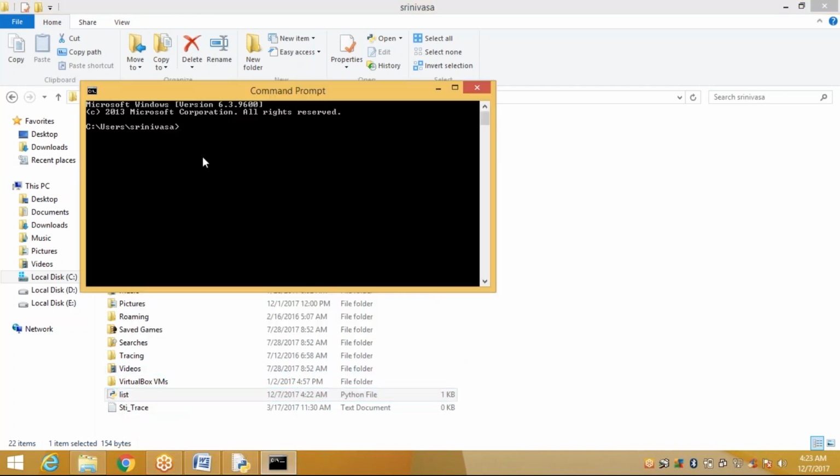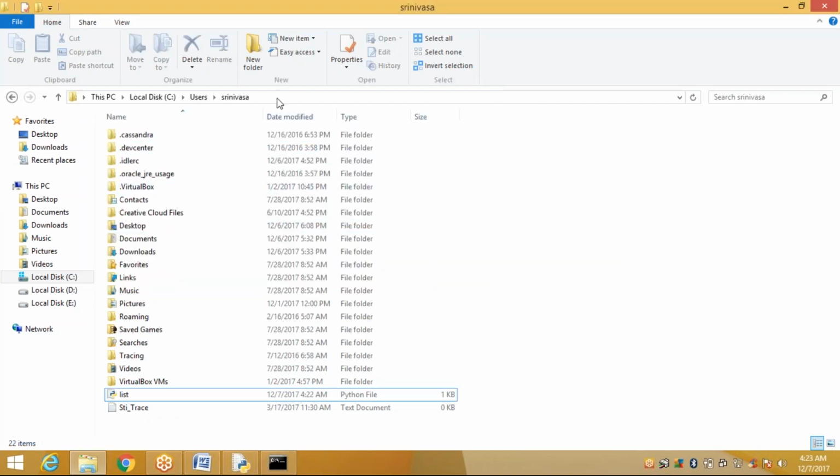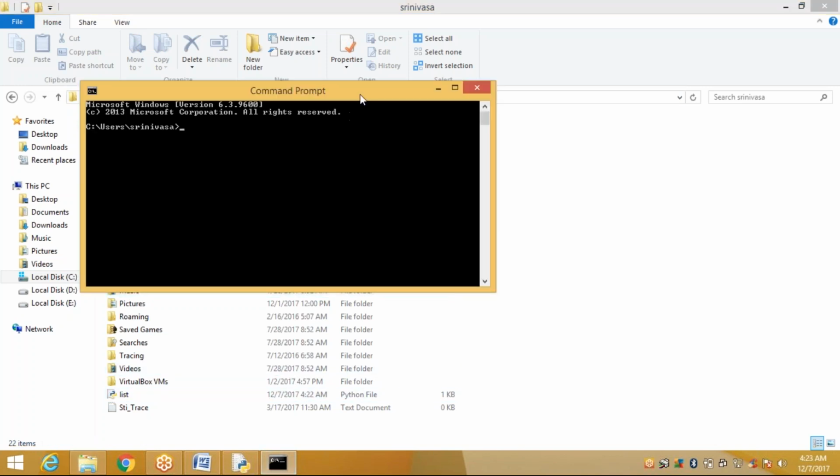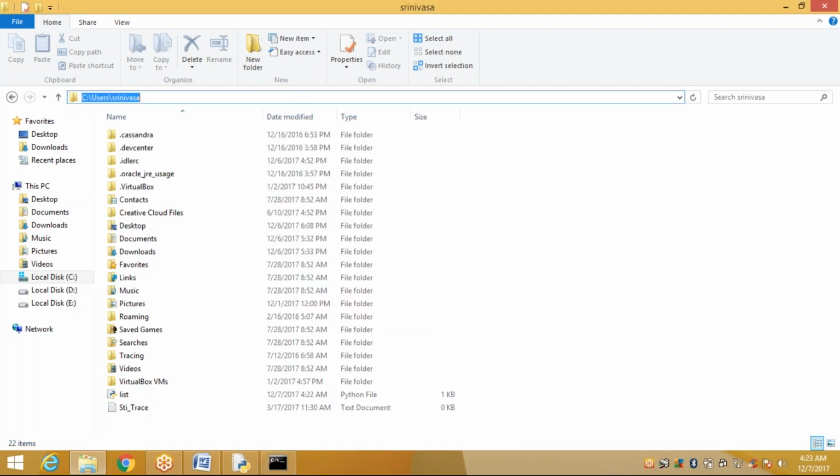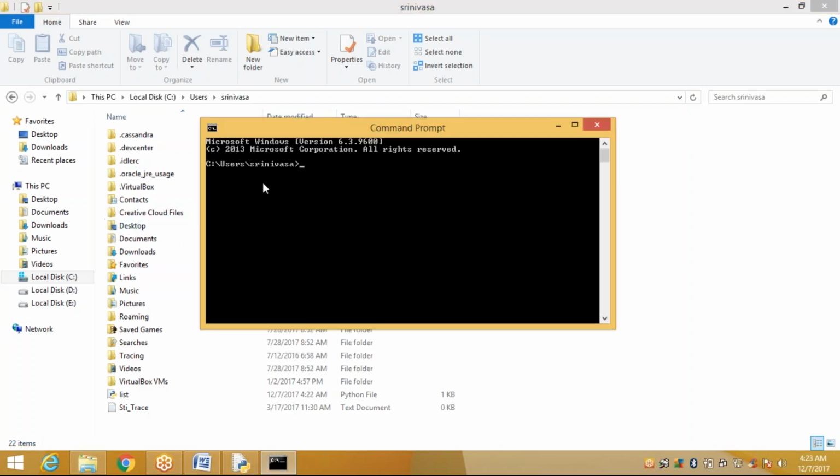Go to command prompt. This is your directory, C, users, Srinivasa. So both are the same. See here, C:/users/Srinivasa, both are the same.